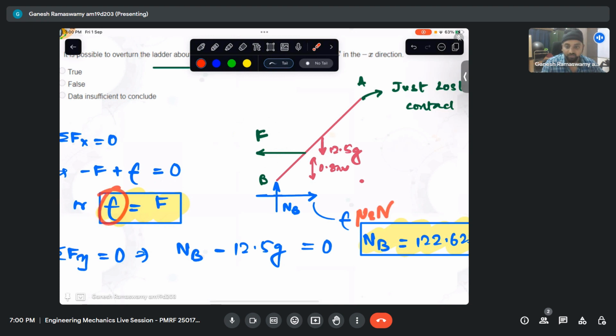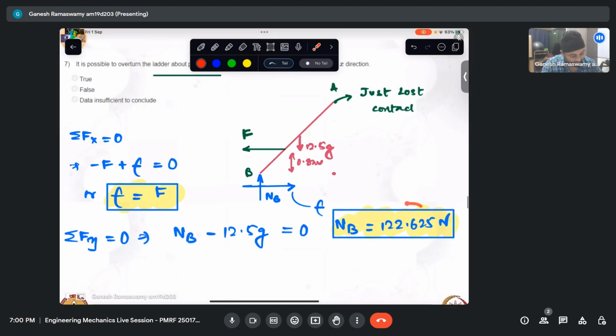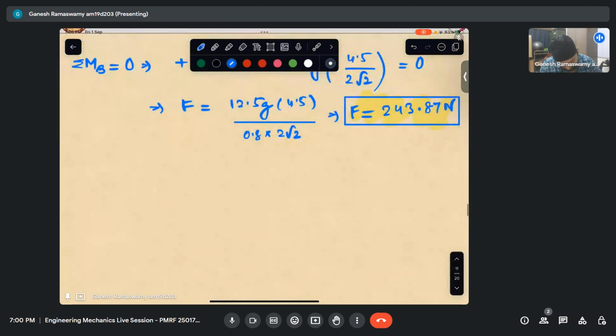If it goes beyond that, then sigma fx is no longer in equilibrium, in which case this will reach its peak, and if I keep on applying, it will start sliding here. So this is governed. The friction I have got from my analysis, taking that this is holding, whereas it is limited by f max, which is mu s n. Now we have got n to be 122.625 newtons. So f here comes out to be